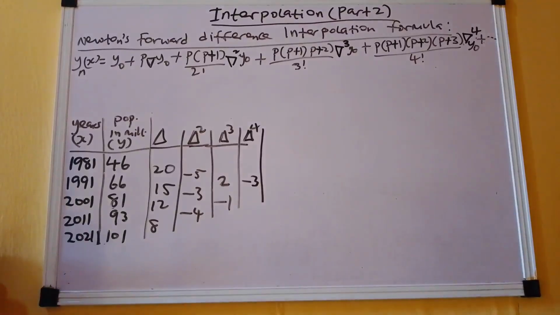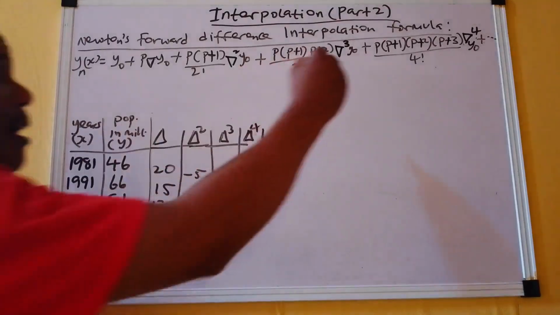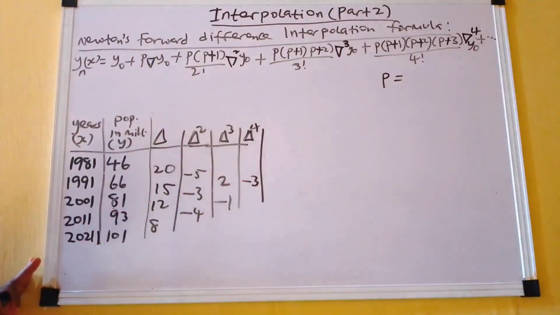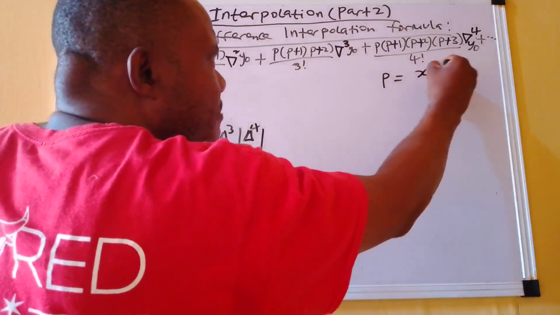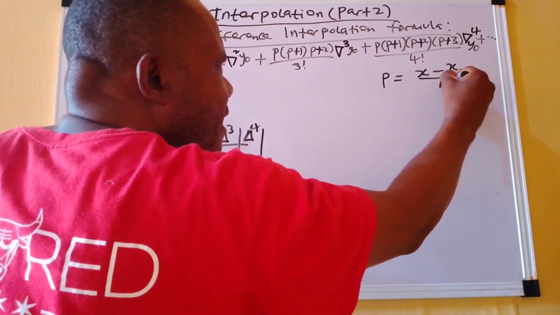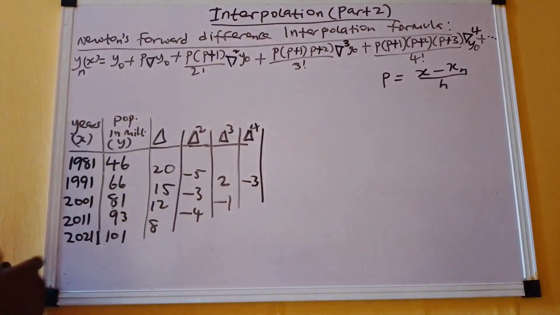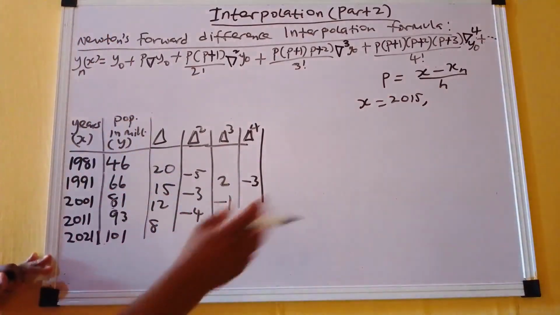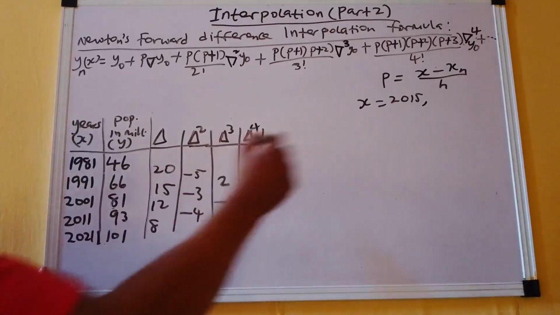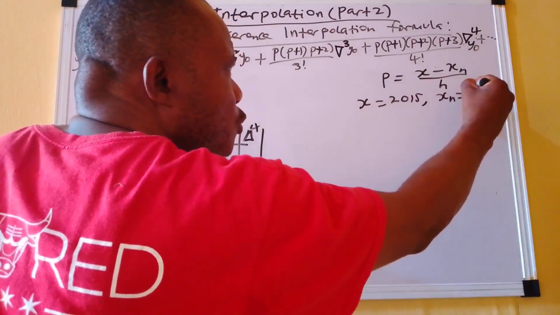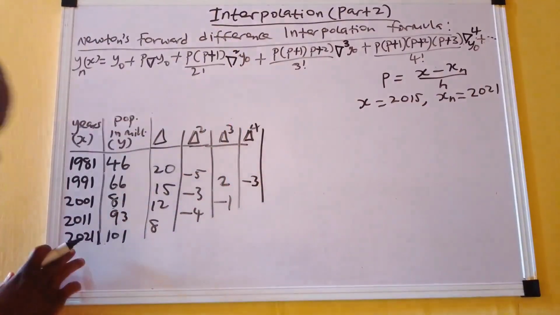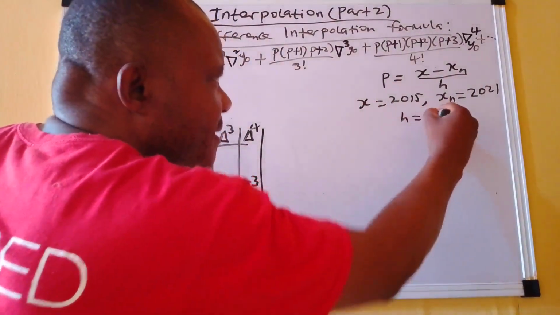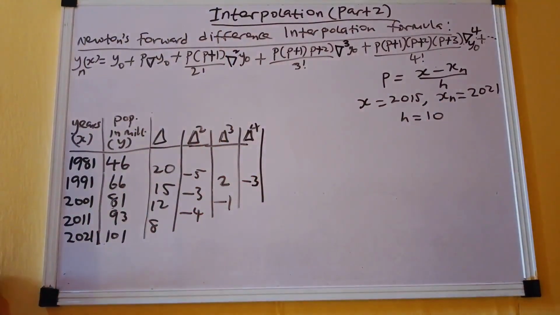So you can see how this works. Now, you are going to have your p. Your p will be equal to x minus xn all over h. That is what your p will be. Now we want to estimate the population for the year 2015. So our x here will be equal to 2015. Remember, our xn is the last value of x. So our xn will be equal to 2021, which is here. Of course, our h remains 10 because the census was conducted every 10 years,